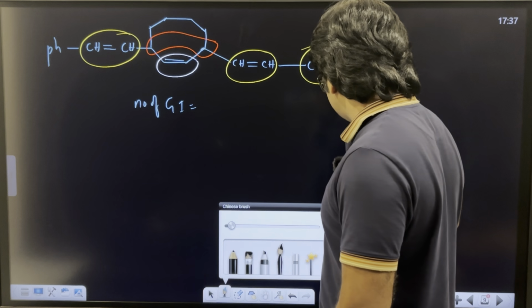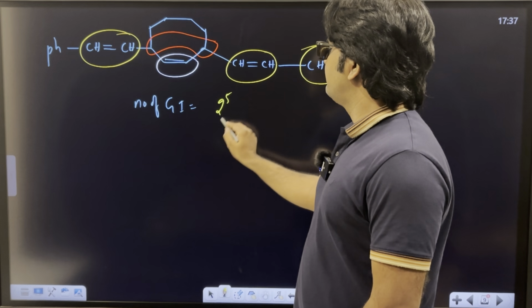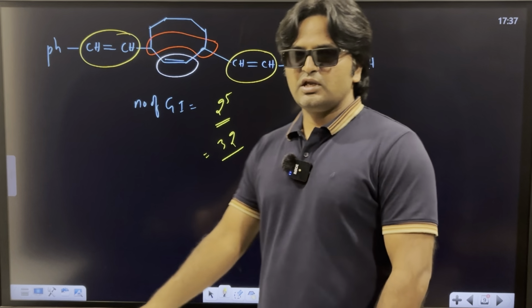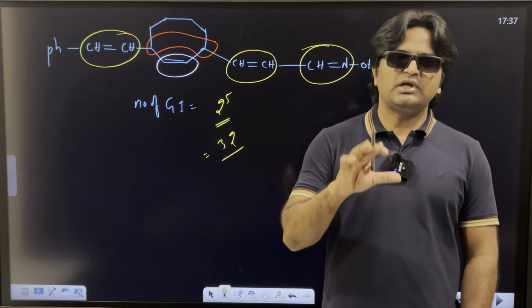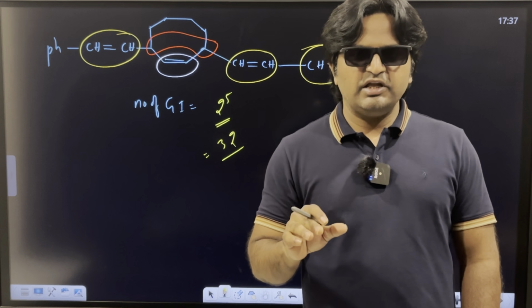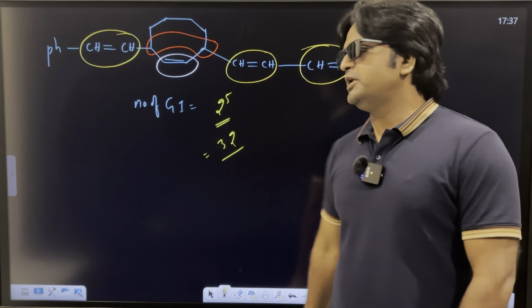Totally we have how many segments? We have 5 segments. Yes, 2 to the power of 5. What is the answer? 32. Total number of geometrical isomers, 32 geometrical isomers. Clear? This is the way of applying formula in symmetrical molecules and unsymmetrical molecules. Clear? Next one,